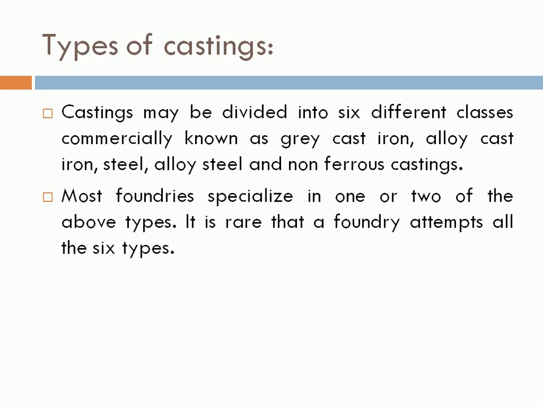It is rare that a foundry attempts all 6 types. So simply, the mag wheel and alloy wheel you are using in an automobile vehicle is also one of the most important examples of casting, right? Most foundries specialize in 1 or 2 of these above types, meaning grey cast iron, alloy cast iron, steel, alloy steel, and non-ferrous casting. They can attend only 1 or 2, and it is very rare that a foundry attempts all 6 types,